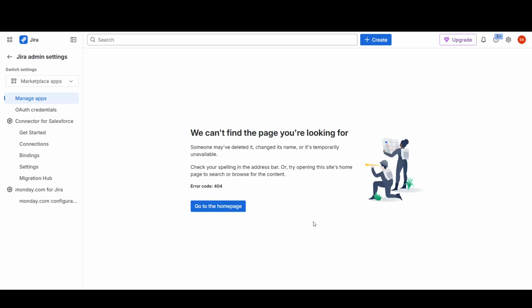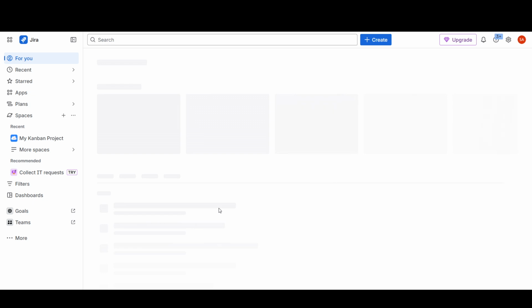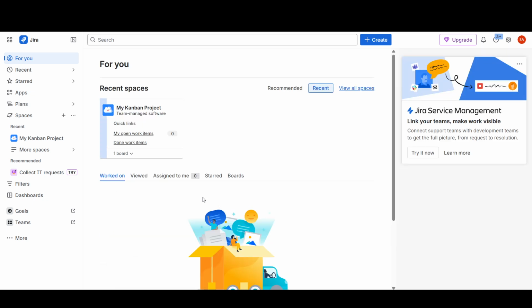If you ever need to revisit what the app can access, return to Manage Apps to review permissions and data settings. During the trial, you can test end-to-end flows with a small set of records to validate sync behavior before rolling it out broadly. That's the full process to find the listing, verify details, and start a free trial directly